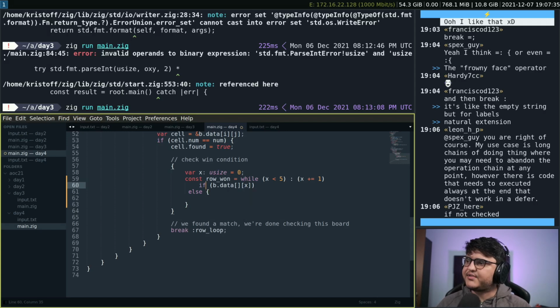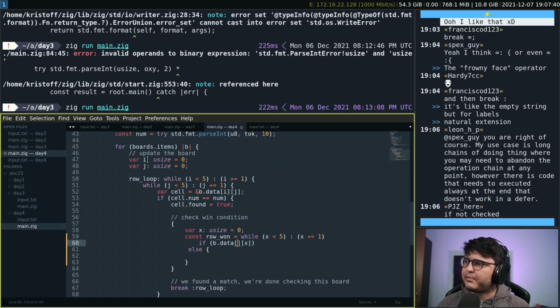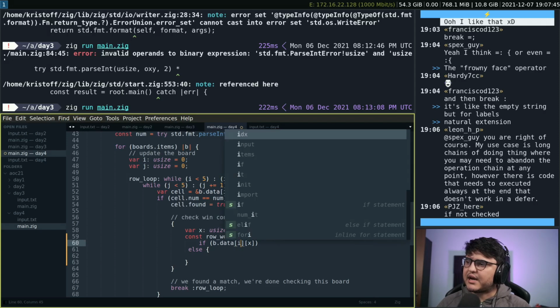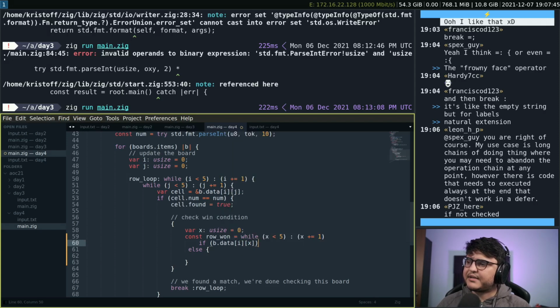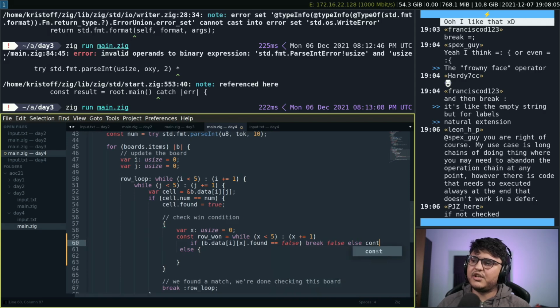So this is going to be x, and we are going to basically inherit the row number from the original number when we matched, which is going to be i. So i is going to be fixed. x keeps scrolling, and so if that cell not found is false, we break with false. Else we continue,